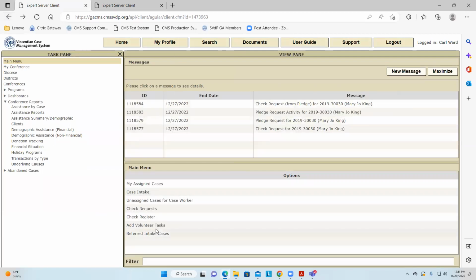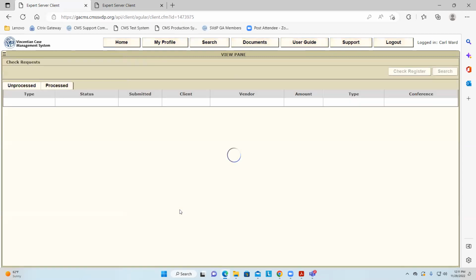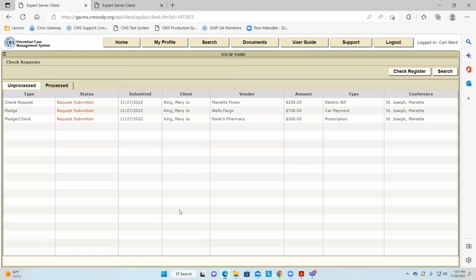The other way, and most treasurers, the ones that I've talked to, use this technique. They just go to their check request queue, if you will, and they see what's been assigned to them, what's been requested to them from the caseworker, and then they start working the list. And that's what we're going to do, is work this list. So